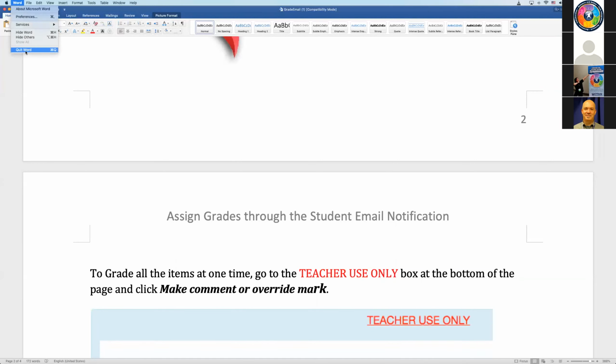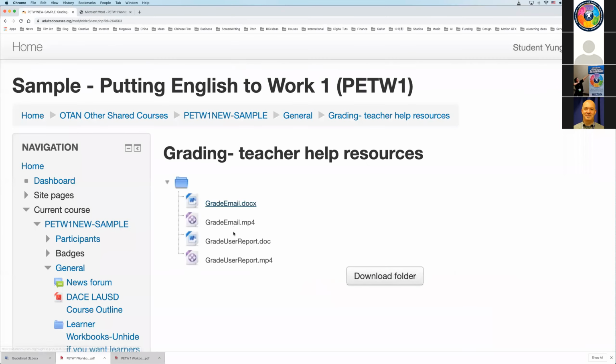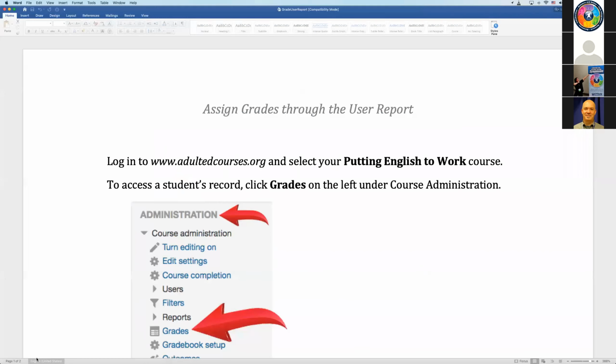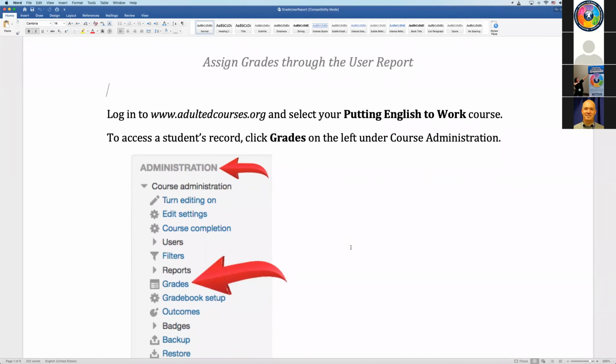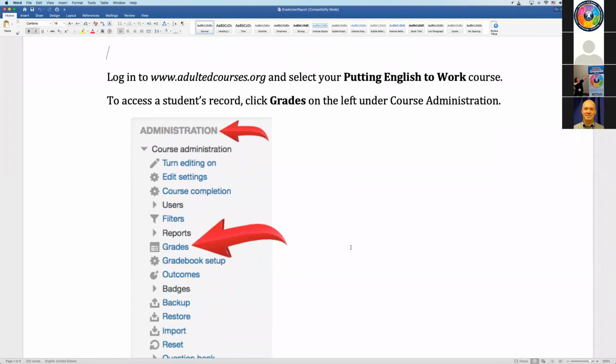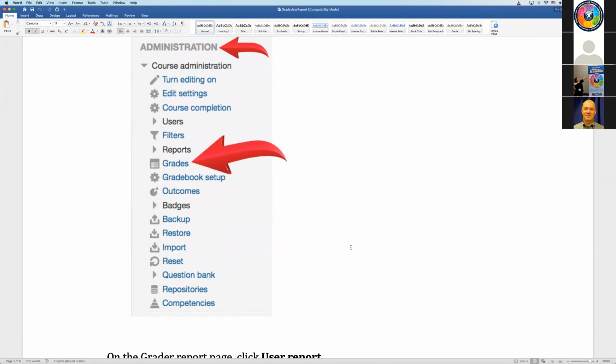There are two ways to grade student work. One is through the email notification. Each time a student submits work, you will get an email notification. And there are two ways to review student work: you can do it through the email notification, or you can access it when you're in the course itself.